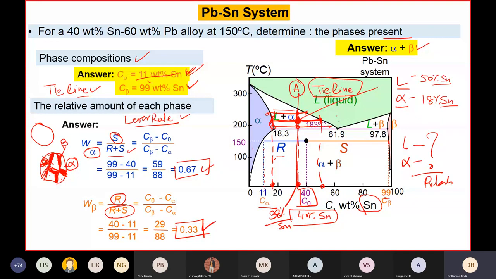तुमने एक अलॉय लिया, मान लो कि जिसमें 38% टिन था, ठीक है. आपके पास कोई बाजार से पीस मिला, उसमें 38% टिन है, ले आए तुम घर पे. अब इसका टोटल तो पता ही है मेरे को. ये कैसे निकाला है उसकी बात नहीं अभी कर रहे हैं, अभी हम फेज डायग्राम में फेज चेंजेस की बात कर रहे हैं. तो when I know कि 38% टिन था, जब मैंने उसको हीट करना शुरू किया, तो when you come to this